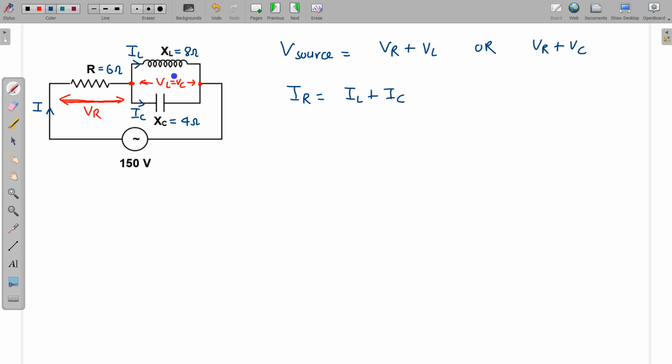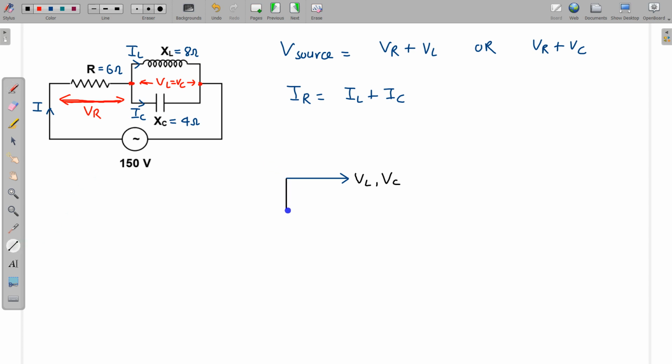So now I start to draw the phasor diagram. Let's start from here. Suppose I draw VL in this direction. Suppose this is the direction of VL, and obviously this is the direction of VC also. So this is VL and this is VC also. VL and VC are in the same direction, and as we know, the current in the inductor is lagging by pi by 2 as compared to the voltage across it. Voltage leads in the inductor. So the phase of current